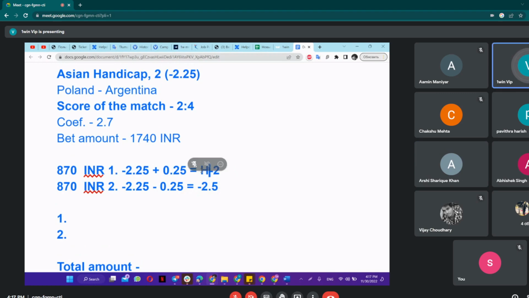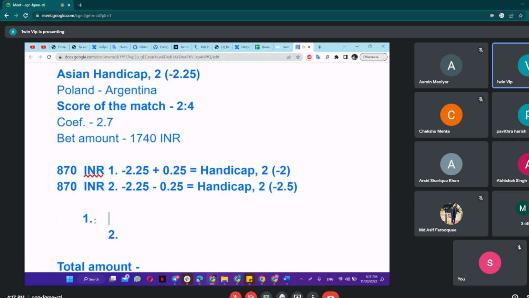So it will be regular handicap betting on second team, including condition 2, and regular handicap, including condition, minus 2.5. So what will be the final scores? 2:2. The first one will be 2:2, which is